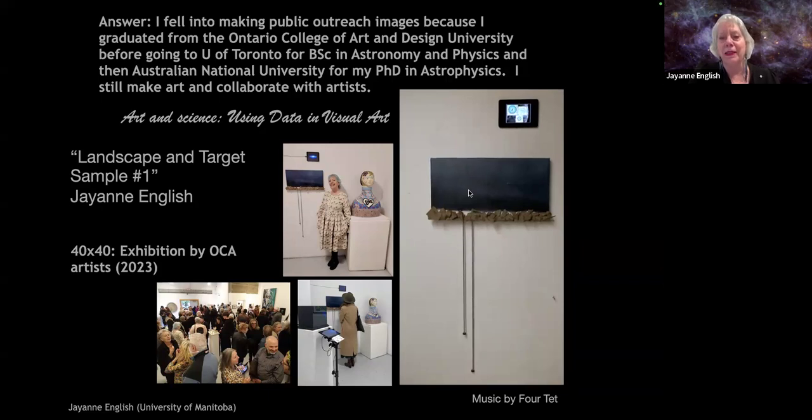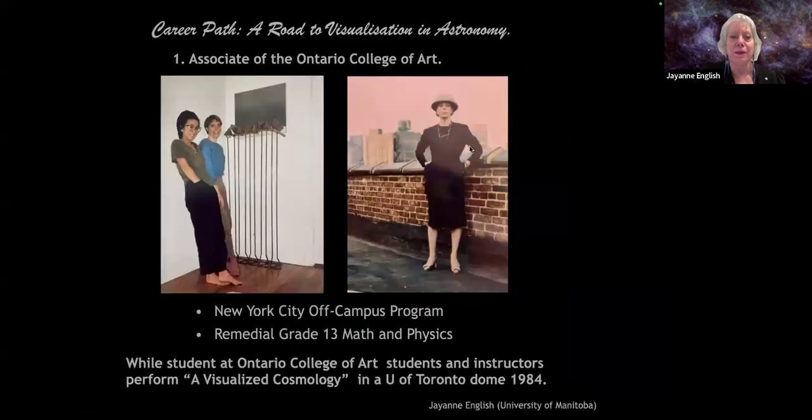And here you can see mine consists of a painting, sculpture, and video. And the video uses a public outreach image in the processing of how to make a public outreach image. Here's the image, here's the artwork that I made 40 years ago. So sculpture and painting. I got a certification from the Ontario College of Art, and while I was there,